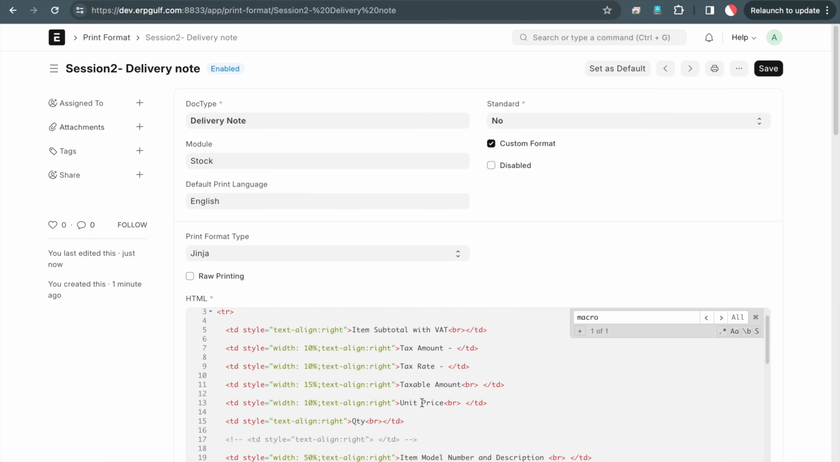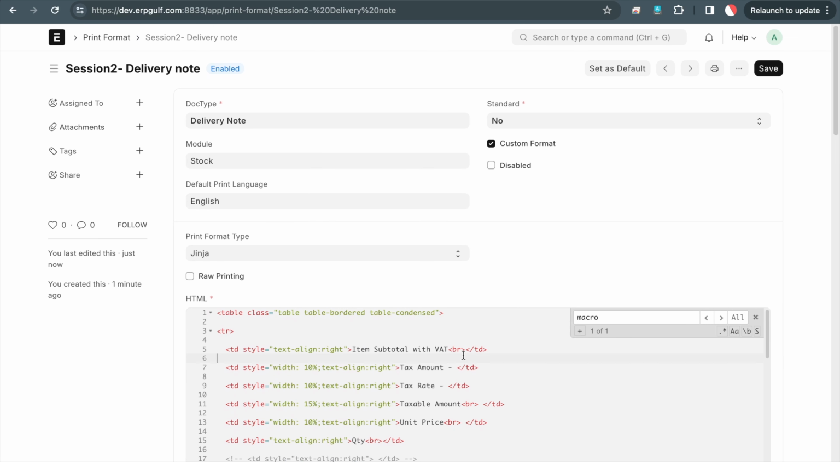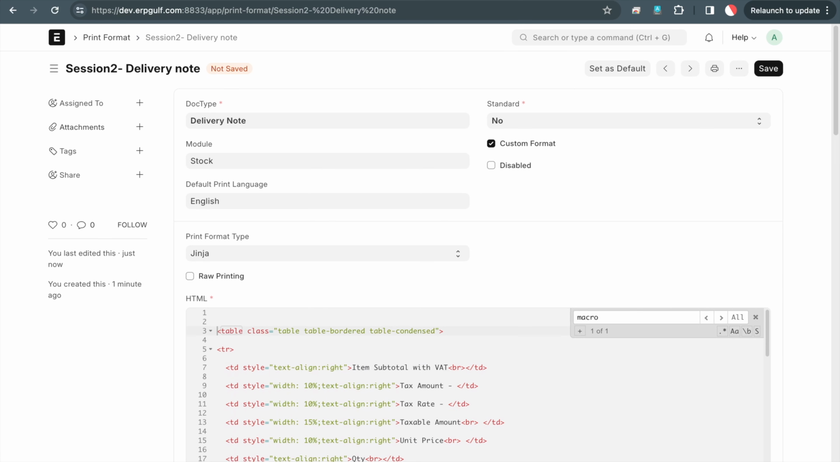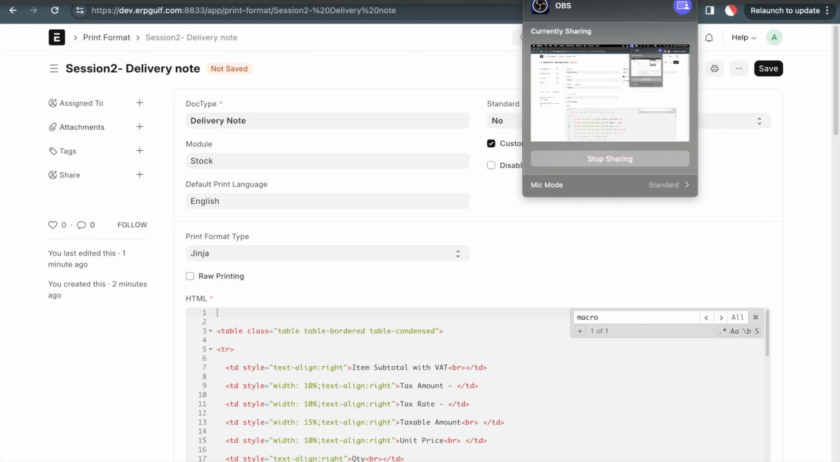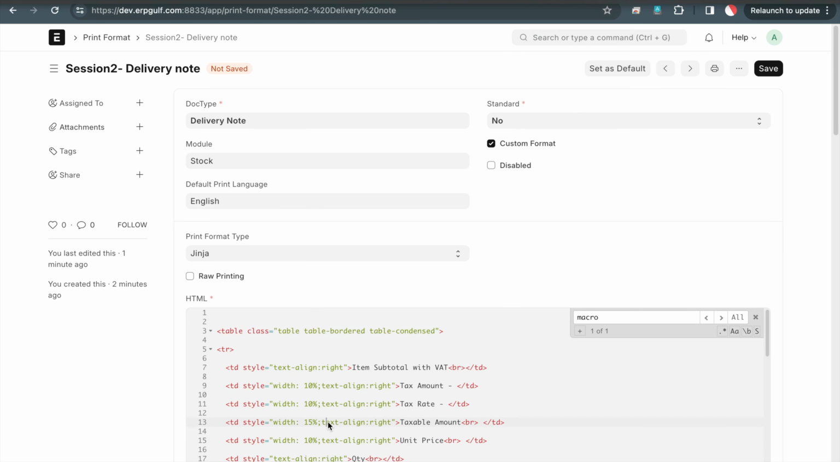So I'll write a macro here. As I told you, it's like a function. You can write it in VS Code or anywhere. Jinja is supported in VS Code, so you can write it wherever you want. So I'm writing it here. Macro, I'll give it a name called color, not macros, it's just macro. Color